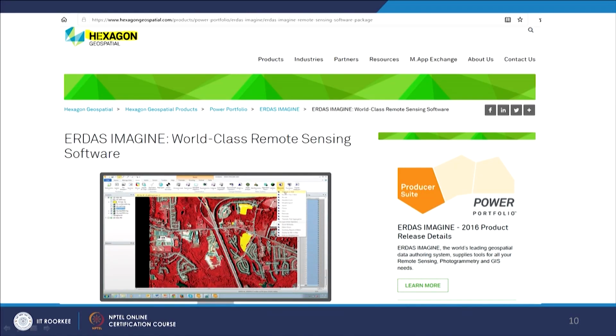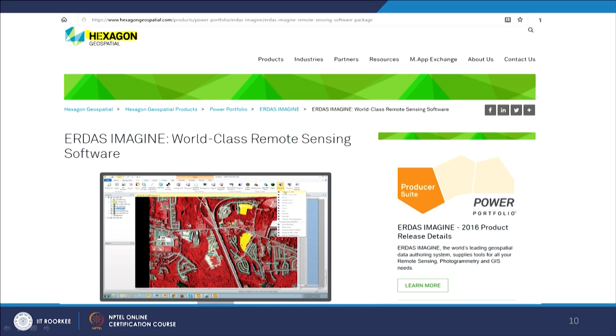Still you can do a lot of work, and it will also allow you to do georeferencing, classification and all kinds of digital image processing. So if someone doesn't have much money to spend on commercial softwares, then this is one of the ways to achieve that. And this ERDAS software has been moving from one company to another. In between it was with Leica, now it is with Hexagon, and in India it is being promoted by